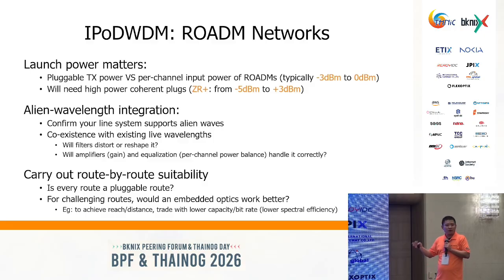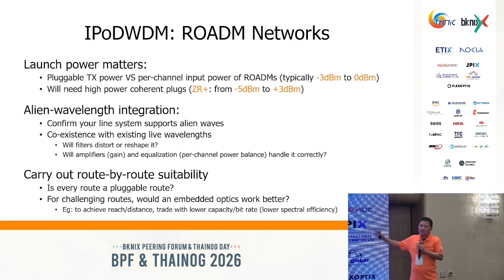Because the modern 400 gig high power coherent plugs have a launch power from -5 dBm to +3 dBm because there are inbuilt mini EDFAs or silicon amplifiers inside. Right? So I think that's one thing that we need to take care of, and which means, since you are